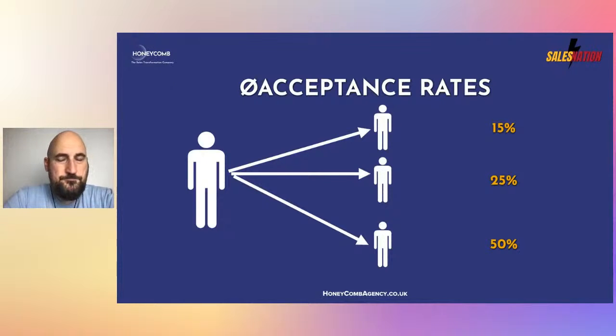On the C level, also depending on the sector that you are in, you will see a drop in the acceptance rate of your invite. It's roughly around 15%. It can go up to 20-25%, but that's the nature of the beast, right? So I'm just showing you that so that you are aware, and you can measure that against these acceptance rates, and not be disappointed, right? So you will never get to 100% acceptance rate, but